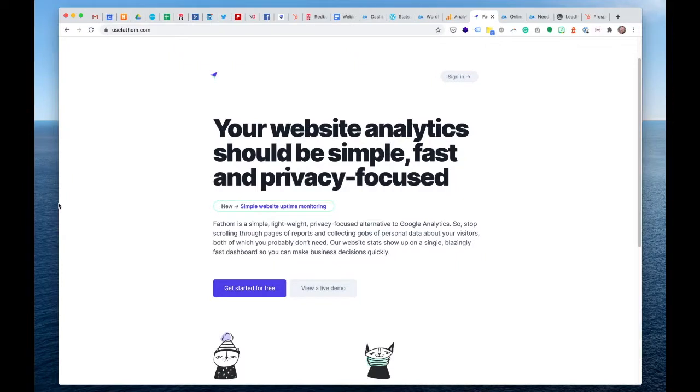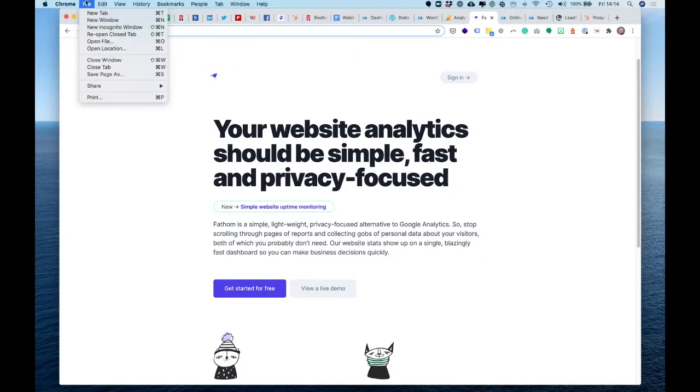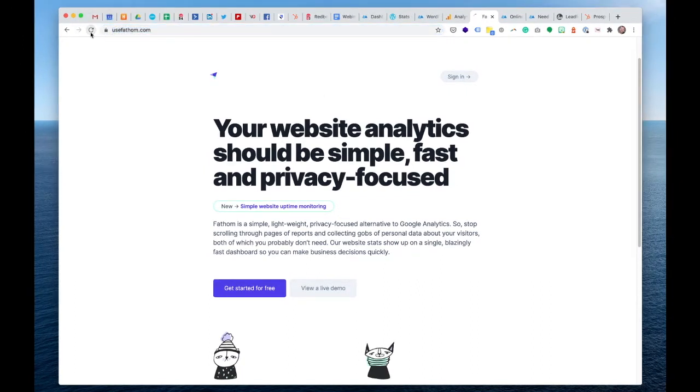And I'm assuming they are privacy aware, because I was going to do that in an incognito window, but I think I might screw up my screen sharing. But the fact that it didn't come up with a big cookie banner, etc., would imply to me that they don't need it for that. So there are alternatives. So if you're sat there thinking, oh yeah, I really like Google Analytics, I don't like the privacy concerns, what are the other options available? There is this Fathom one, and I will drop the link in later on.